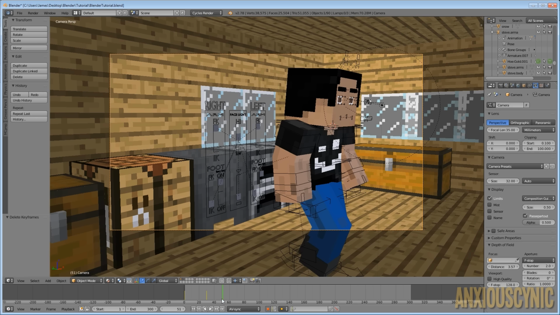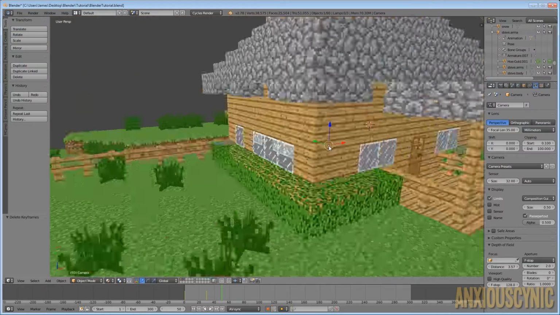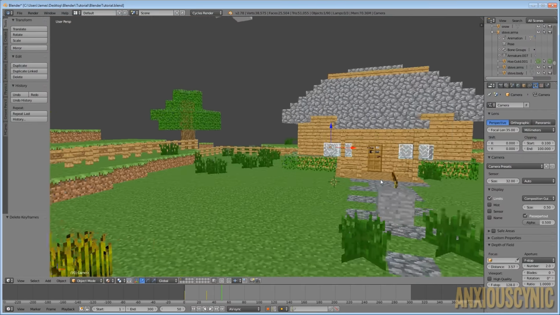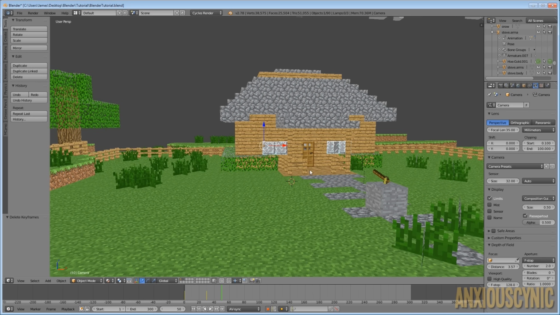And let's just say right around here, about frame 50, just like we did before, this is where we want the camera to change angles, but now we need the second camera. So what I'm going to do is come back out here and right click there. For me, it's right click. If you didn't change that setting in the first part, then it might be left click for you.